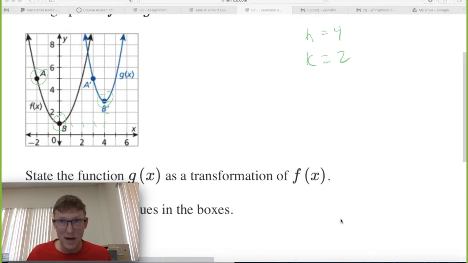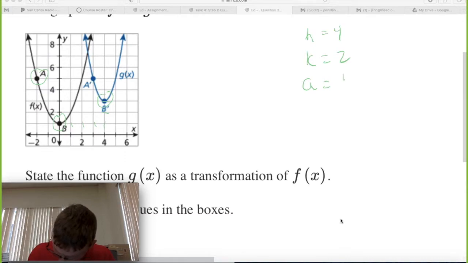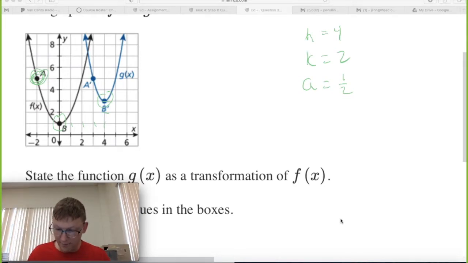So that means it's going to be on the outside. That means that it's going to be A. A is not negative. There's no reflection. And it's a compression by 1/2. So it was out here, and then I think 3, 4, 5, 1, 2. Oh no. Oh yeah, so it was 4 units up on the big one, and it's only 2 units up, so it got cut in half. So my final answer is going to be,